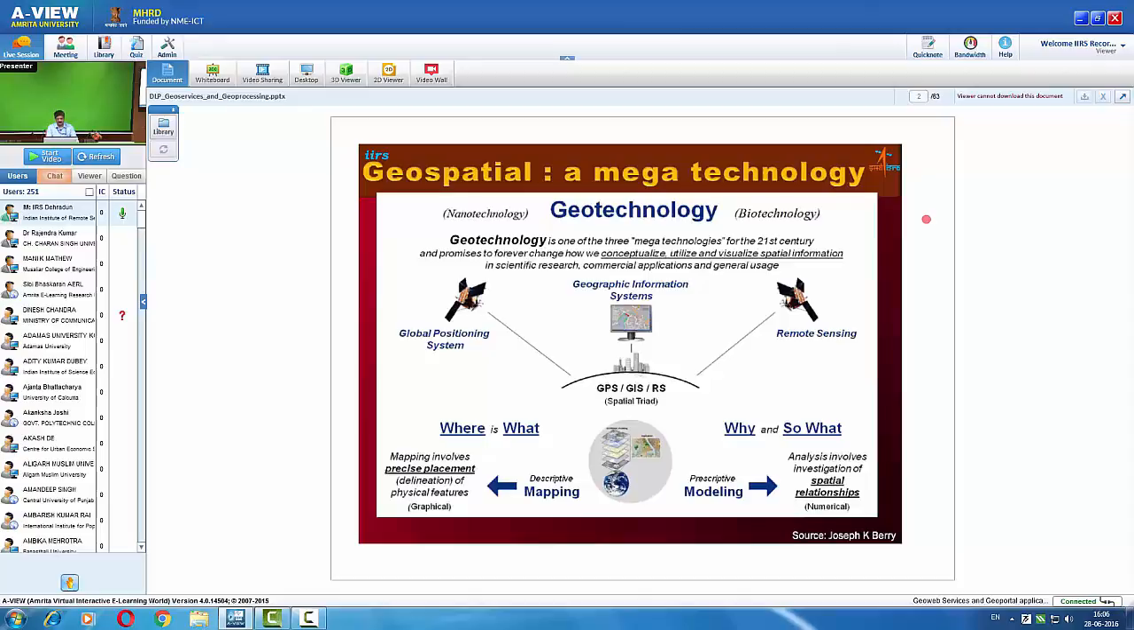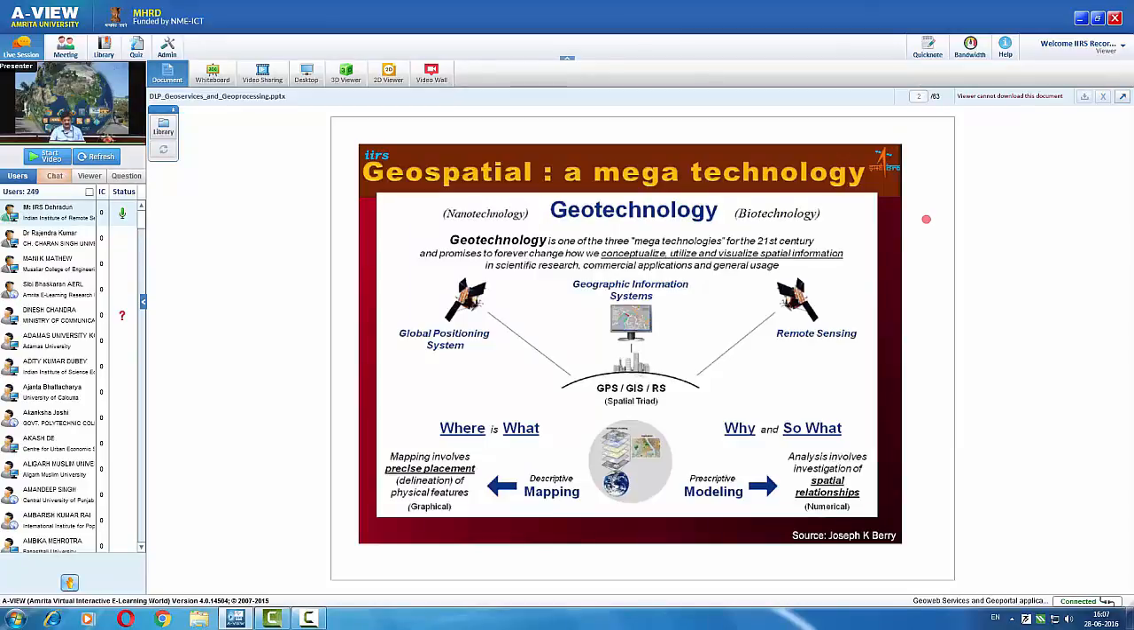This is already declared as one of the three mega technologies for the 21st century and promises to provide how to capitalize, utilize, and visualize spatial information for scientific research, commercial applications, as well as general usage. At the end of this technology, when we understand, we will come to know what is what, that